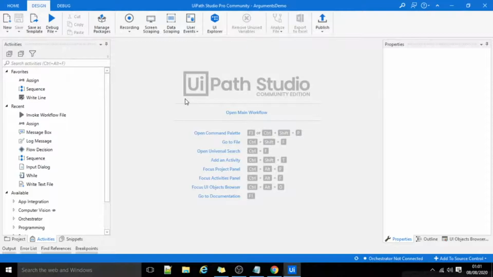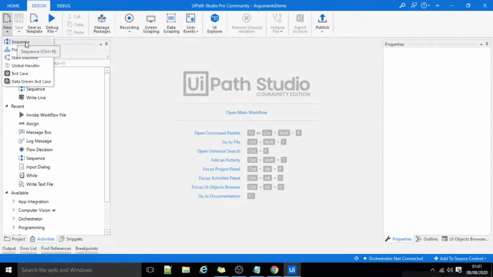During this practical session, we will discuss examples for all three directions of argument: In, Out and In/Out. I'll start with an example of an Out direction argument.